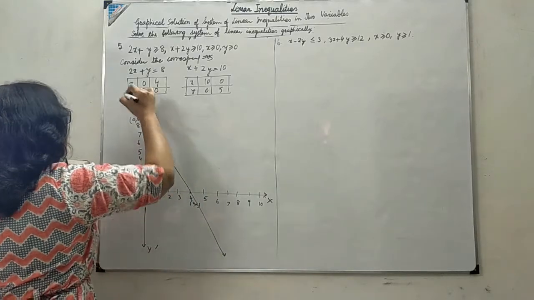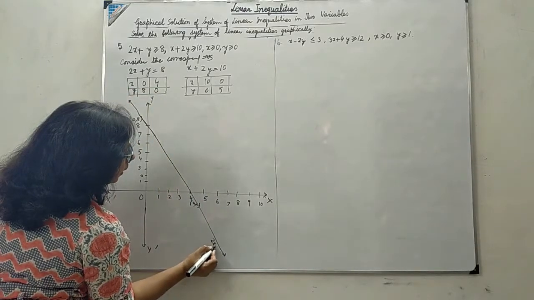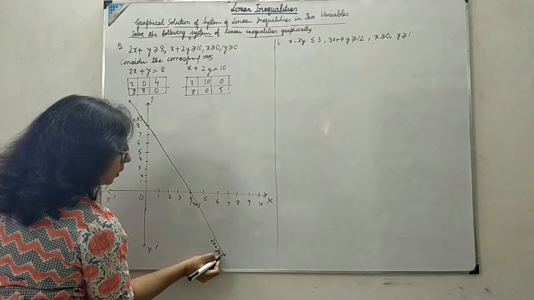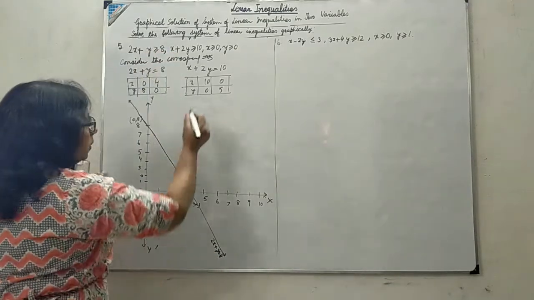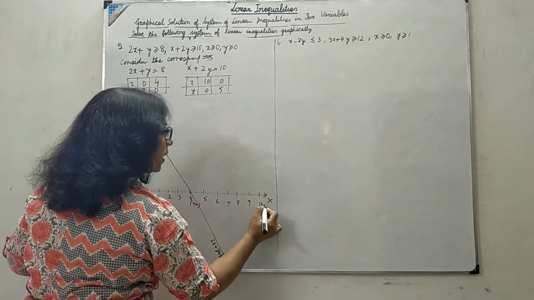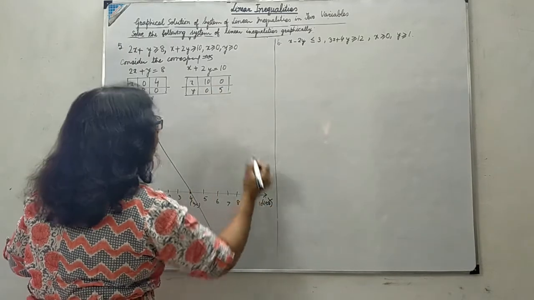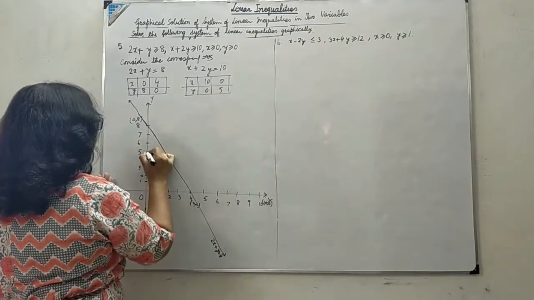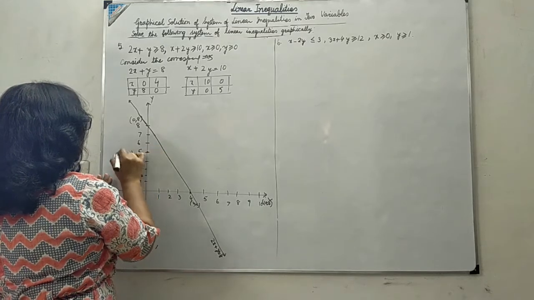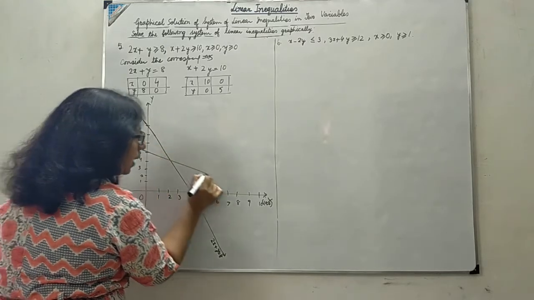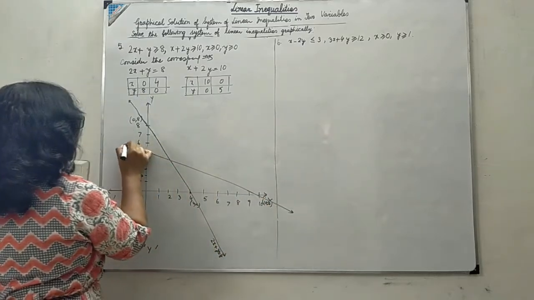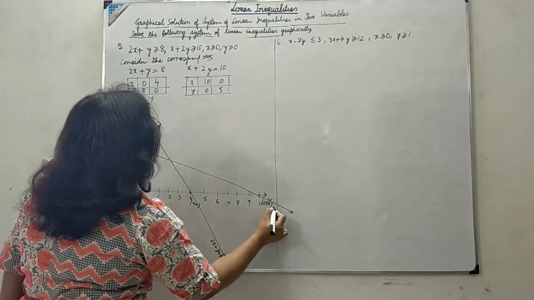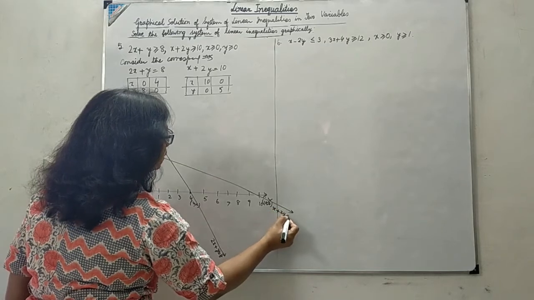like this and write on the side the equation which is representing this line. Now for x plus 2y, we have taken 2 points 10, 0 here and 0, 5, and 0, 5 is this point. We can see that this line is passing through these two points and we write the equation like this.